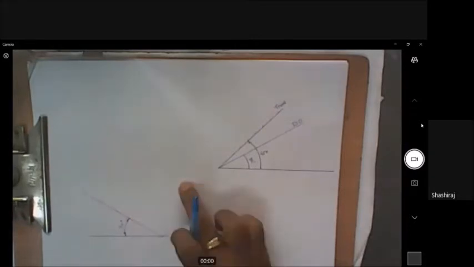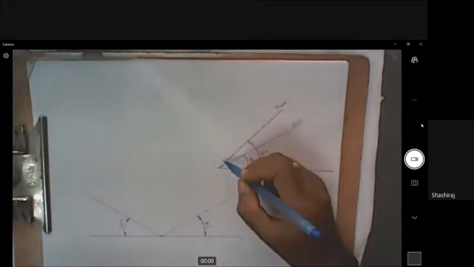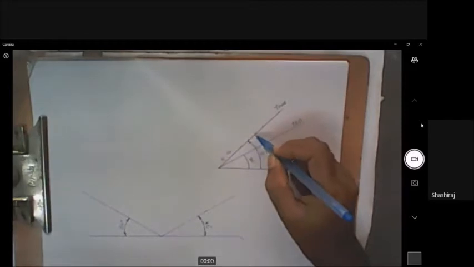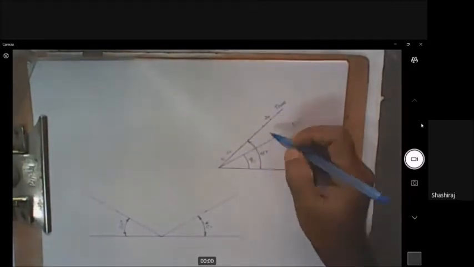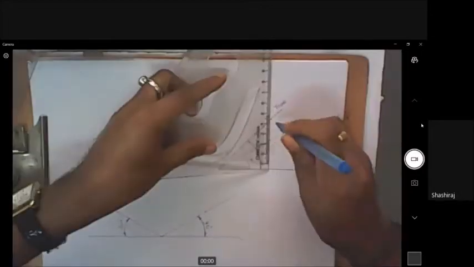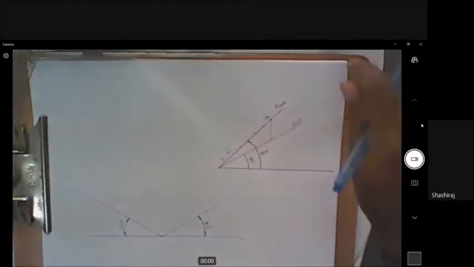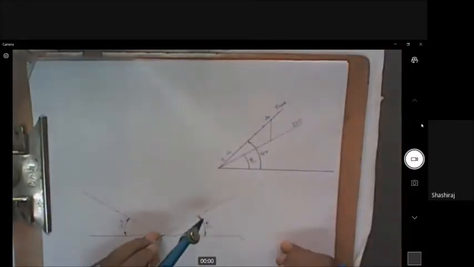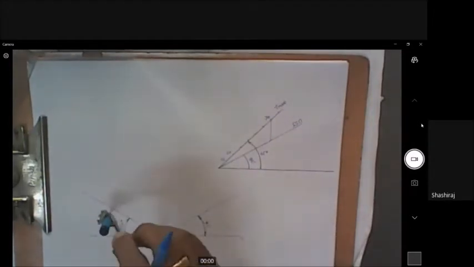Now I have to draw the bottom face of the bottom solid, which is a square of side 70 by 70. So here in the isometric scale, 10, 20, 30, 40, 50, 60, 70. 70 is here. I have to draw a vertical line there and draw it like this. That becomes ISO 70. I'm measuring that ISO 70 here and marking it on this axis and also on the other axis, because both sides are equal.